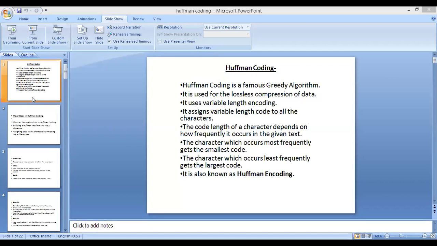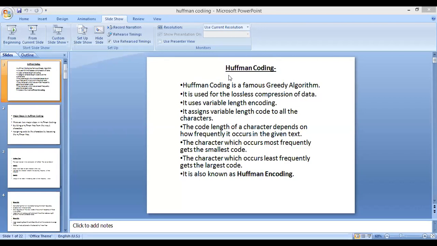So, we have started Huffman coding. In Huffman coding, our ultimate agenda is to compress the data. That means if there is some data and we want to convert it into binary form, the condition is that the binary data should be compressed.